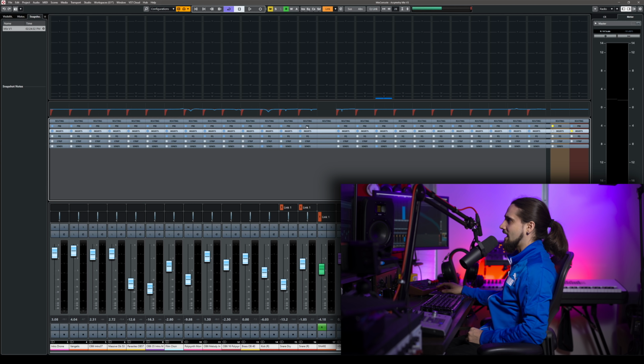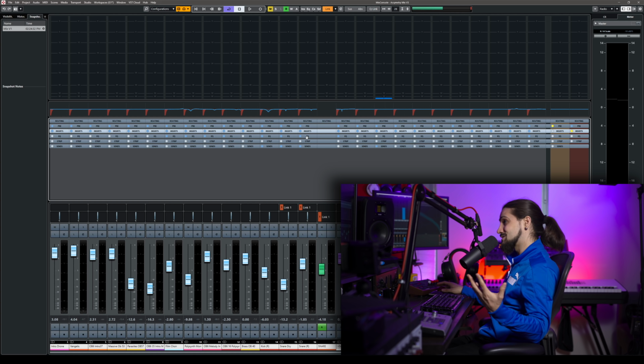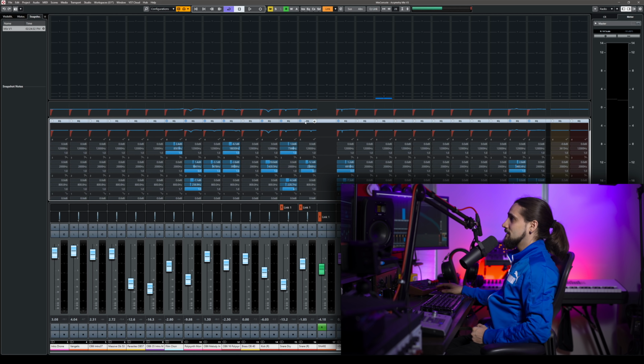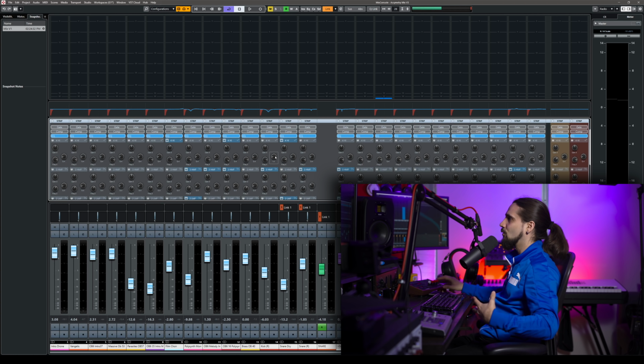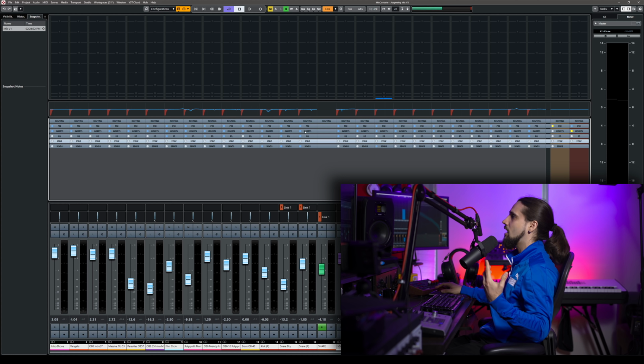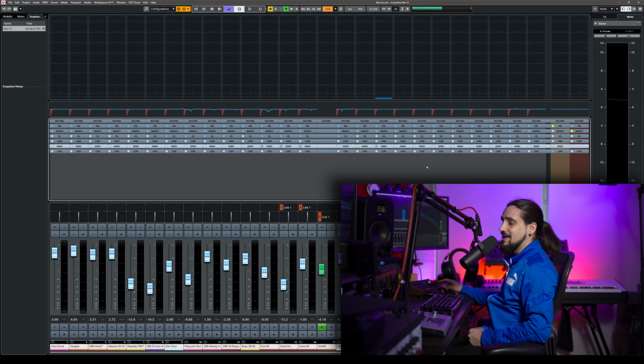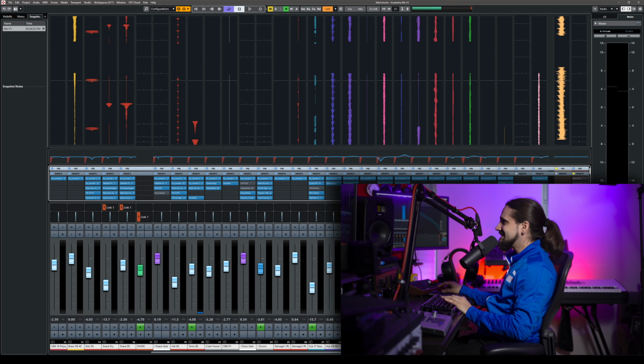I have routing, I have the pre section that we talked about, inserts, 16 inserts per channel, by the way, EQ, we have the channel strip with compression, gate, all these things built in, no plugins required, the sends, and the Q sends. So completely modular.